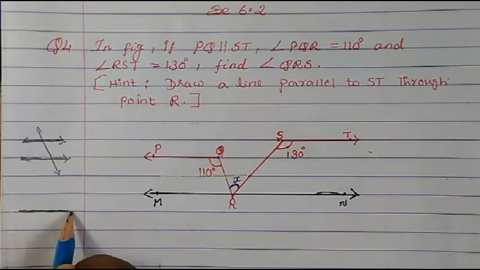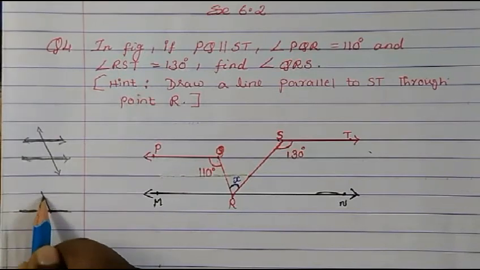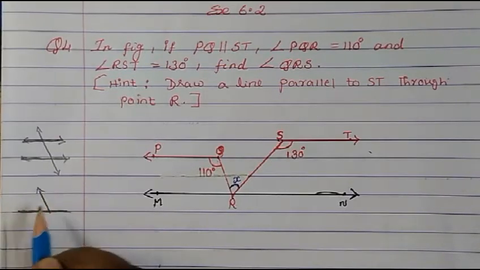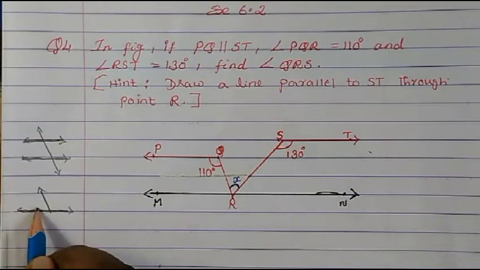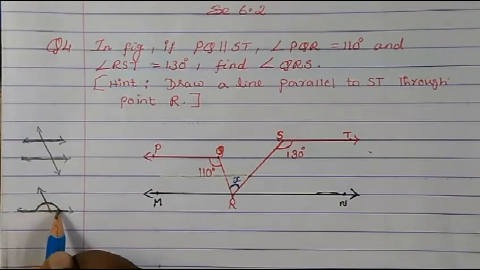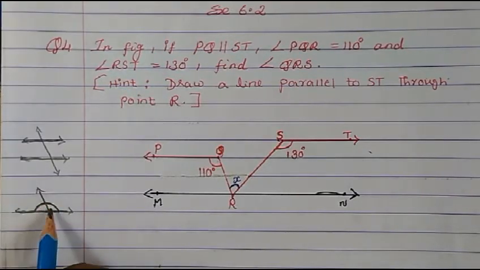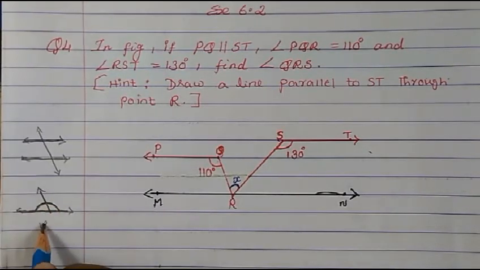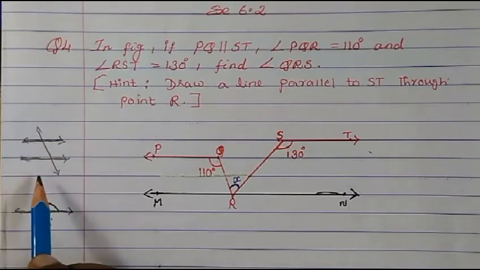That also I have taught you in the introduction part. When it is a straight line and you have one arm here common, then the angles on the straight line add up to 180 degrees. So this full thing will be 180 degrees. So that also I have taught you. This will be 180 degrees. And then here pairs of angles are formed.